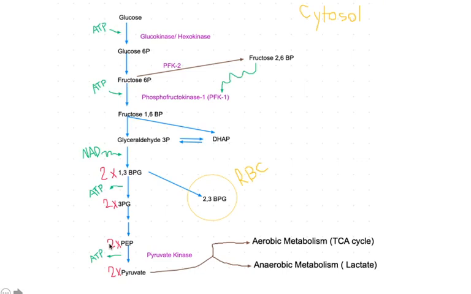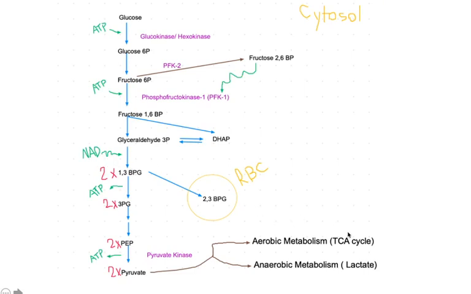And remember that we have 2 glyceraldehyde 3-phosphate for each molecule of glucose. Therefore, 4 ATP is produced and 2 ATP is consumed. Net ATP production would be 2 per glucose molecule in glycolysis. Let's just say that this NAD in here is converted to NADH, and NADH can be